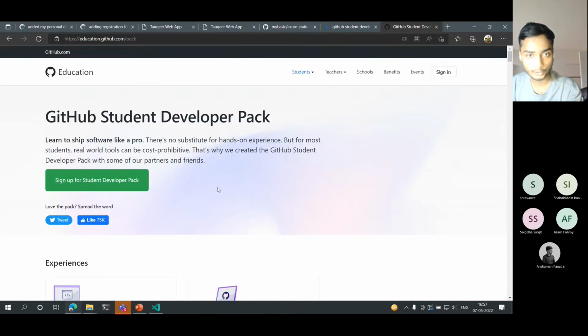which will be available for the student if you show your ID card or college ID card to GitHub, and they will approve it. They will approve the GitHub Student Developer Pack for you, and whatever you do will be assigned using the college ID, and there you will get the Azure account, the Azure credits. From there, you can use Azure as much as you want.